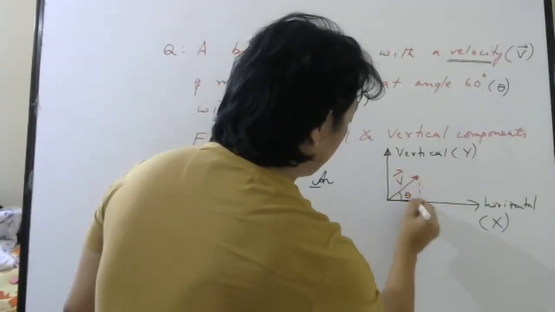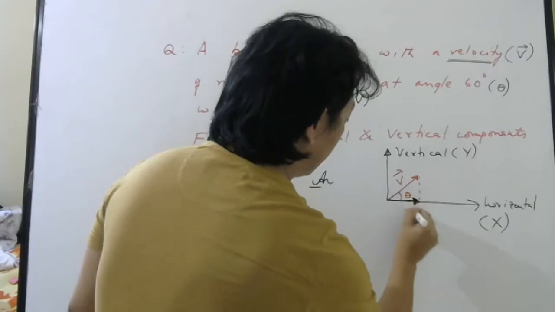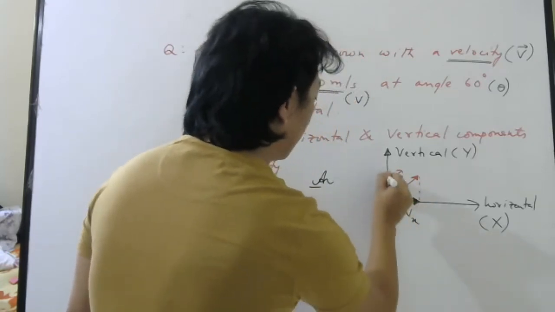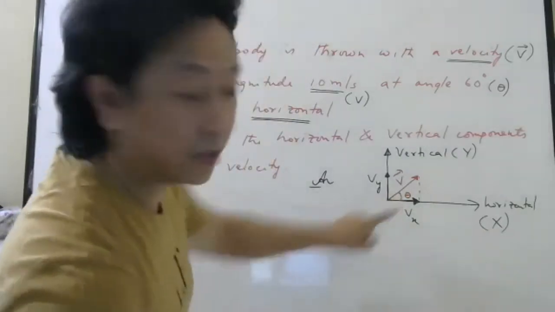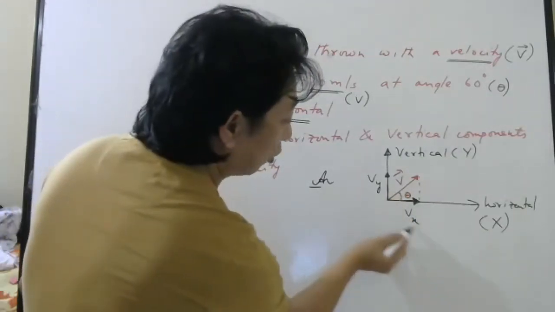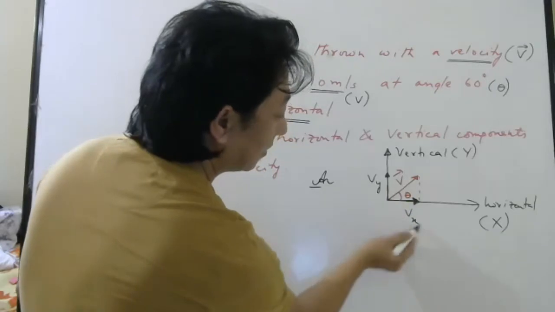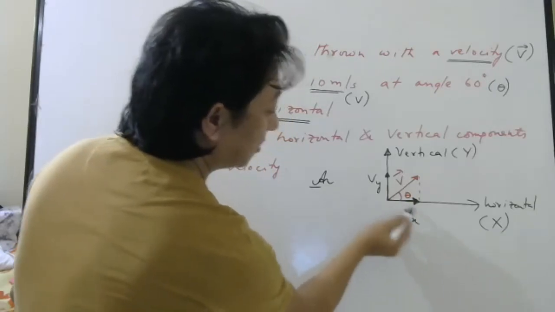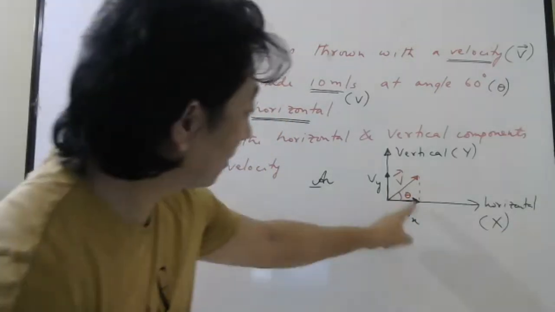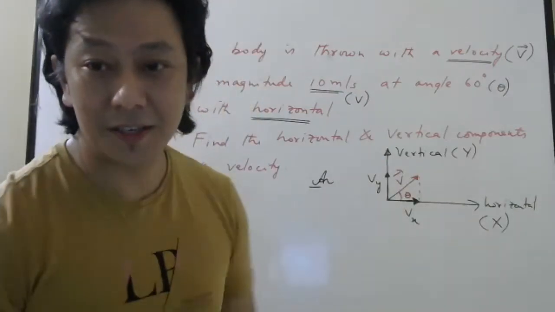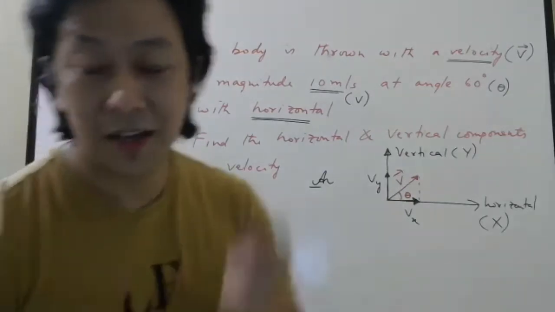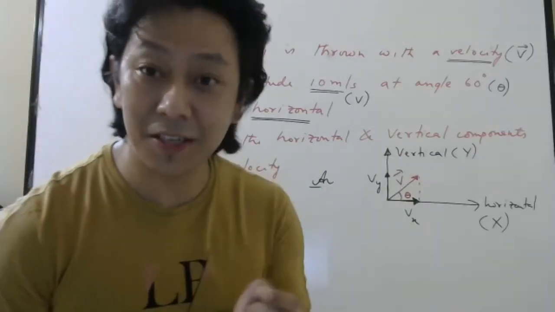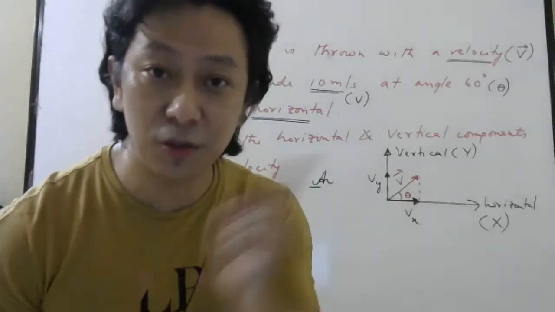So it will have two components, like I was discussing before. This is one component, Vx, and this is one component, Vy. And since theta is here, will this be the adjacent side or the opposite side of this triangle? Adjacent side. And the adjacent side is always hypotenuse into cos theta.